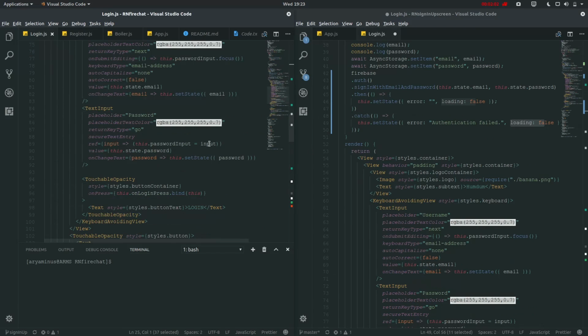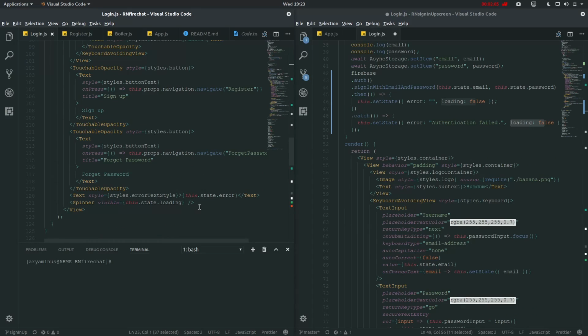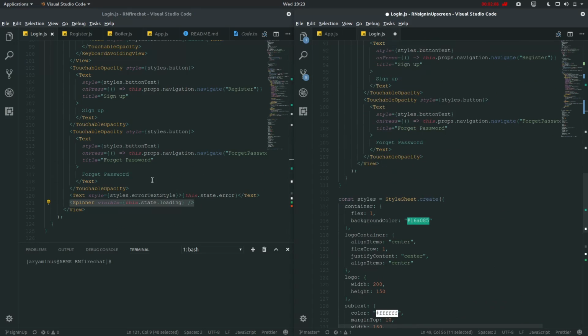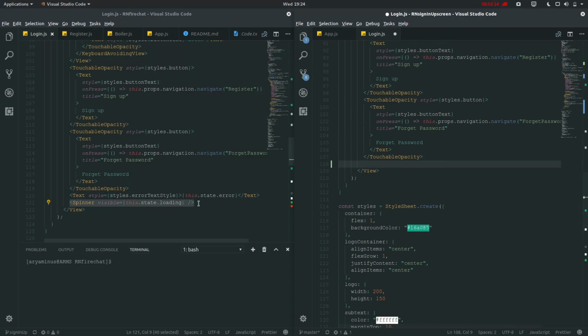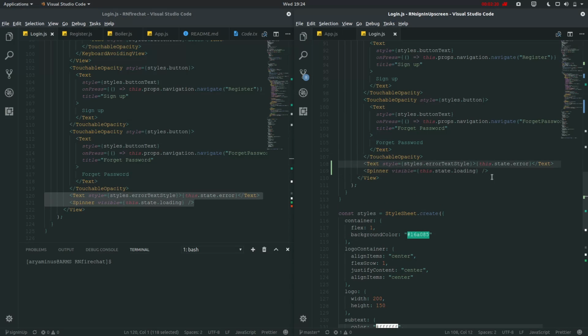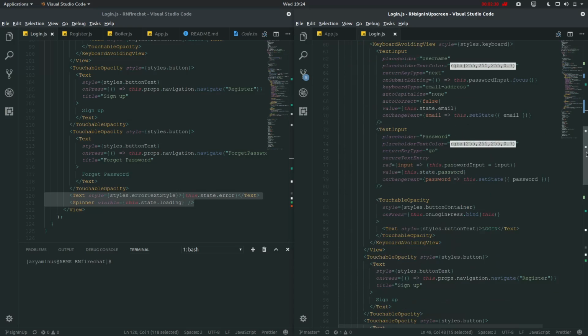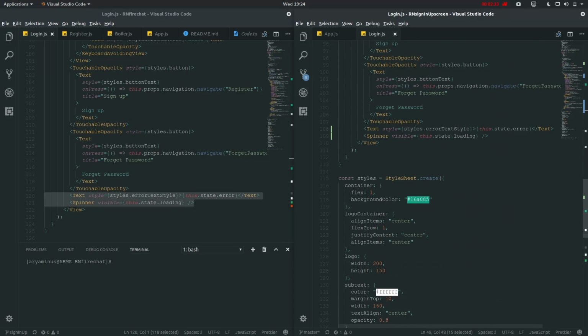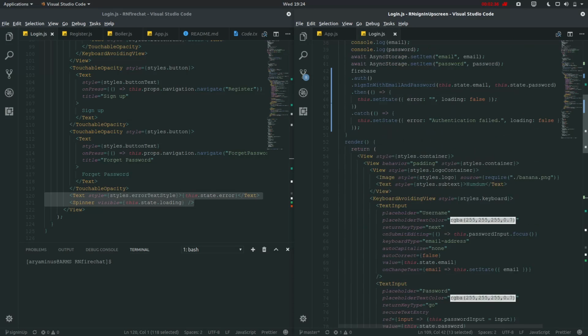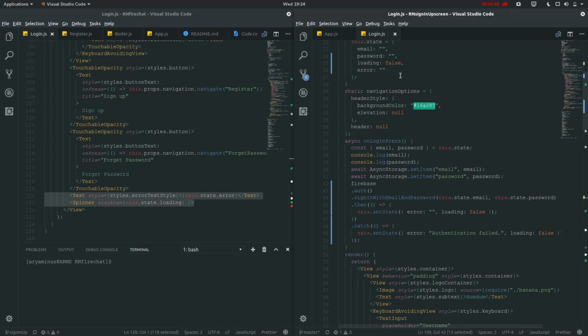So let me just check for the spinner, which is right here. So copy them, and we also have this text. So copy this and copy this. So this text will be using this state.error, and it will catch this or either this. So it will either be blank or authentication failed, and spinner will only be working if this state.loading is true, whereas it is defined as false. And right here,